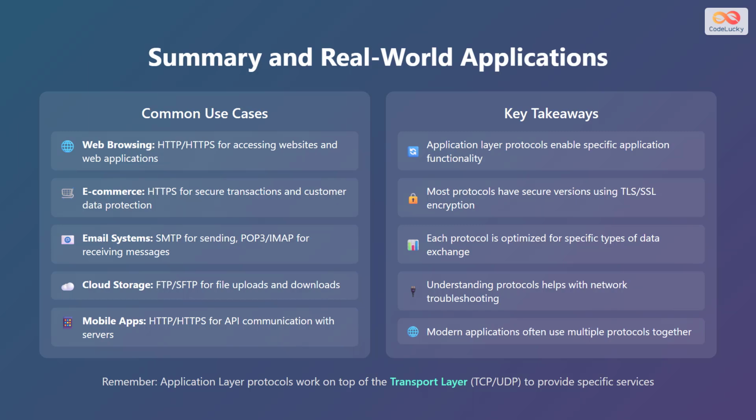Here are the common use cases for application layer protocols. Web browsing uses HTTP or HTTPS for accessing websites and web applications. E-commerce uses HTTPS for secure transactions and customer data protection. Email systems use SMTP for sending and POP3 or IMAP for receiving messages. Cloud storage uses FTP or SFTP for file uploads and downloads, and mobile apps use HTTP or HTTPS for API